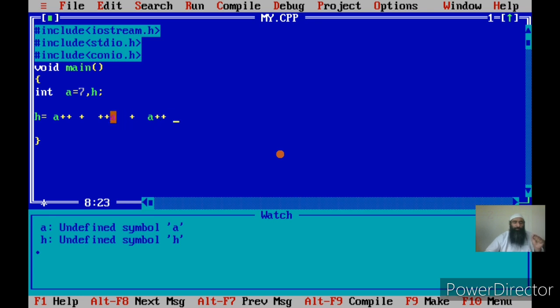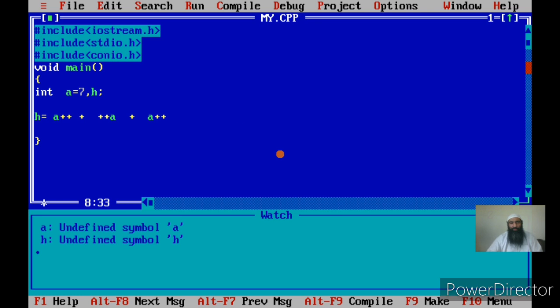Now, we should not worry about the post incrementation, because in case of post incrementation, the incrementation will take place after the assignment. Okay, what happens in case of pre-incrementation? In case of pre-incrementation, the values of the variable are first incremented.